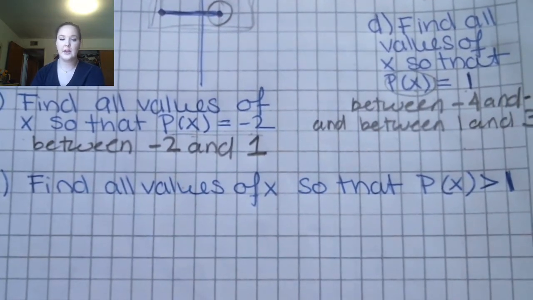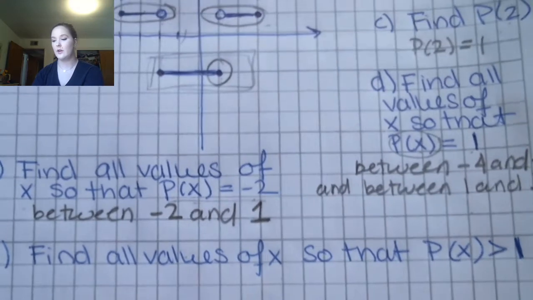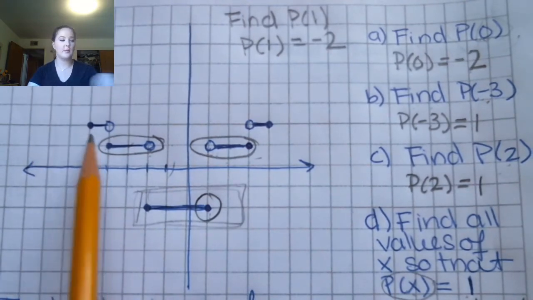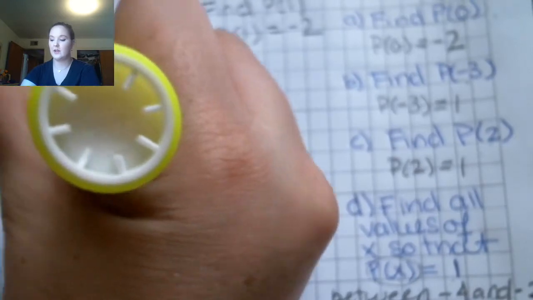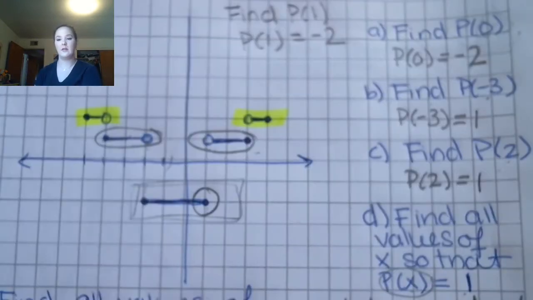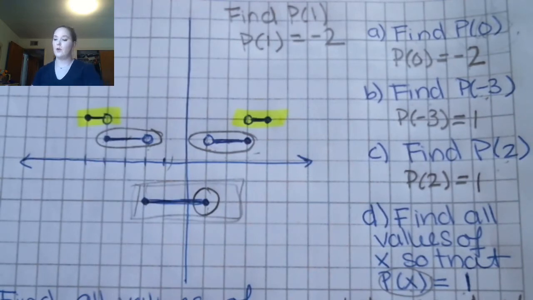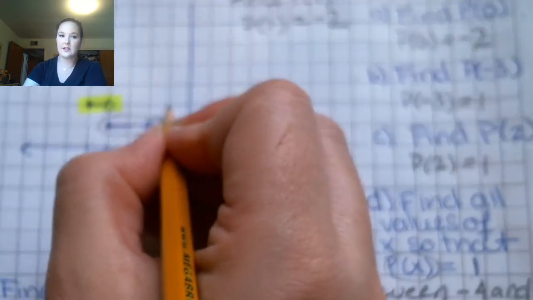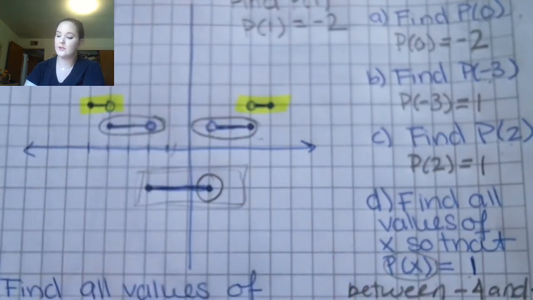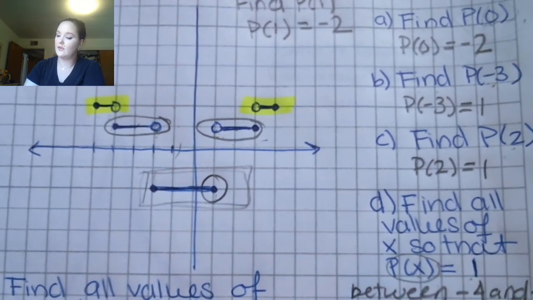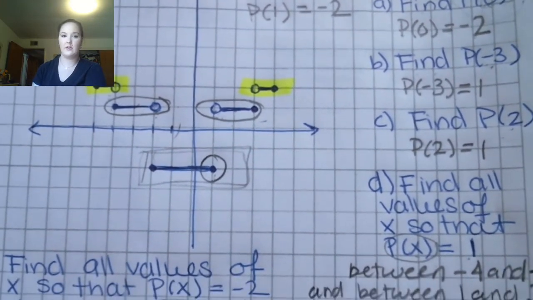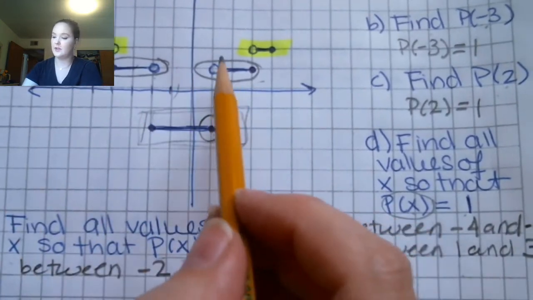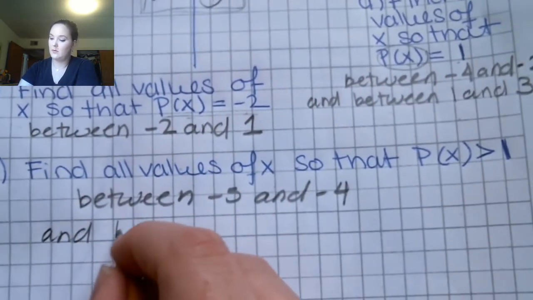All right, and the last part here, find all values of x so that p of x is greater than 1. Okay, so we're looking for where the y values are larger than 1. Okay, so that's going to be this little part. I'm trying to think of different ways to indicate which part we're talking about. Okay, and this little part. Okay, so we're going to give the corresponding x values that go with these two parts. So for this part here, we would say that this is 1, 2, 3, 4, 5. We would say it's between -5 and -4. Okay, so then when we look at this one, this is 1, 2, 3, between